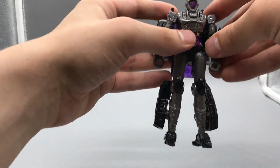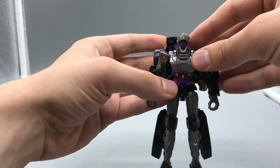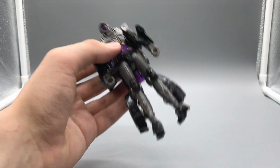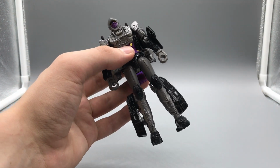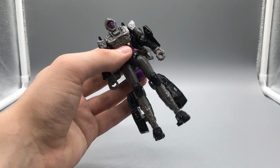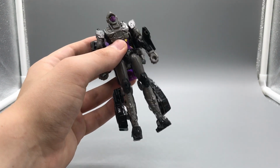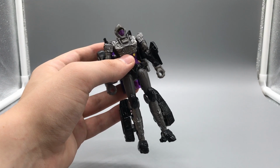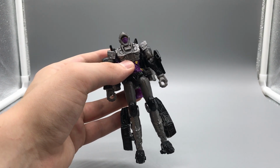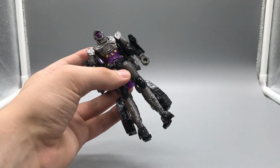I appreciate that they gave a better opportunity, though still limited, a special exclusive opportunity for people to get a hold of a Nightbird. I still think that the one that was released in Japan, that was based off the RC mold from the Thrilling 30 line, looks better and makes more sense as a ninja to me, personally. So, I mean, I'm still glad to have this for the time being, but I do probably still intend